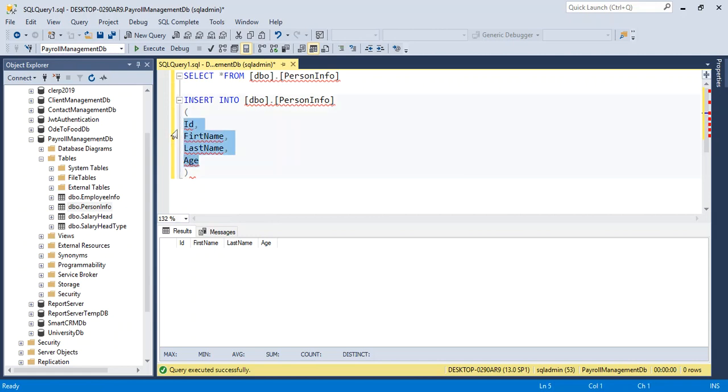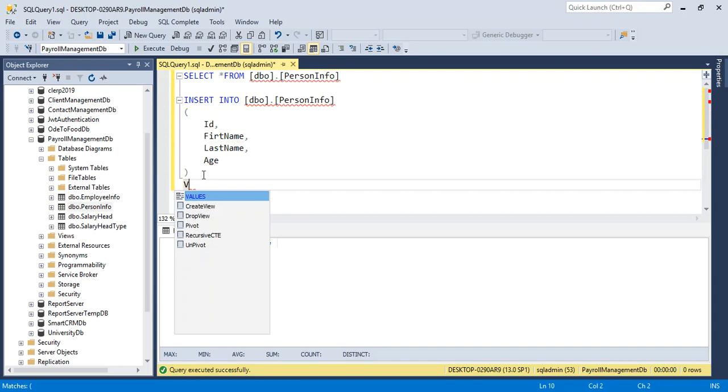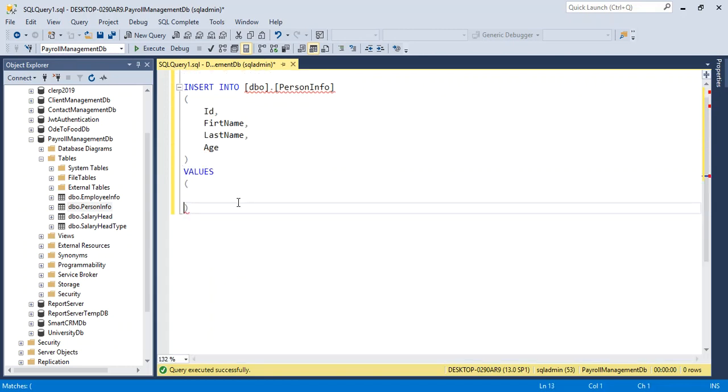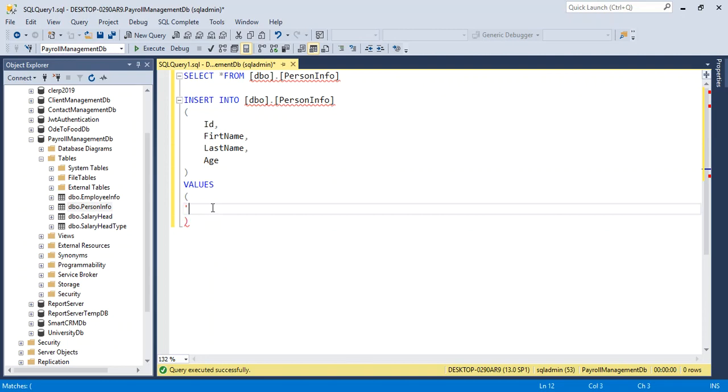So I just want to rearrange the columns here. Now we just want to insert some values. So values will be here the ID. So I just want to give 1 and then